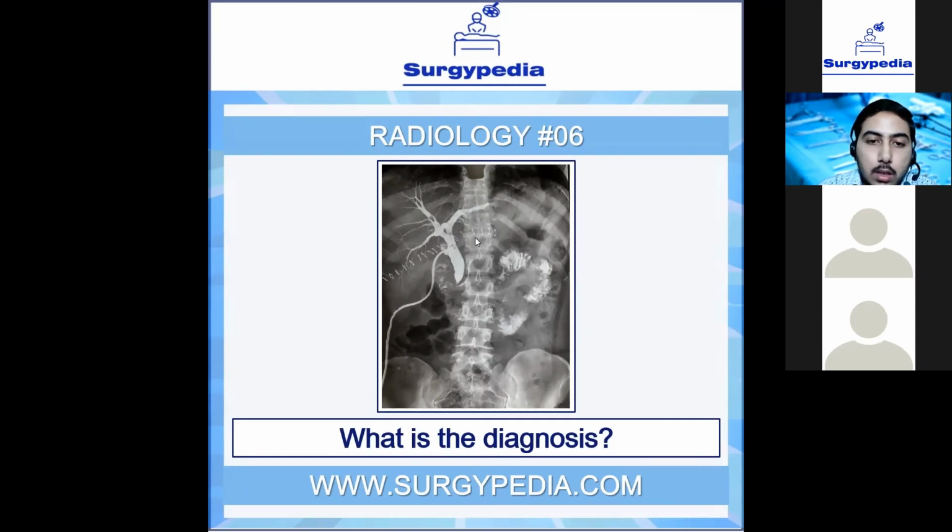Okay, and can anyone say what structure is absent here? So we have pushed in a dye into the biliary tract. So one structure should also have been highlighted or should also have taken up the contrast, but it has not because it's missing here. So what structure is that? Yes. So we got correct answers. The gallbladder is absent. No, not the CBD. This is the CBD. The CBD is not absent. The gallbladder is absent because the gallbladder should have been somewhere like here. That is the first thing.